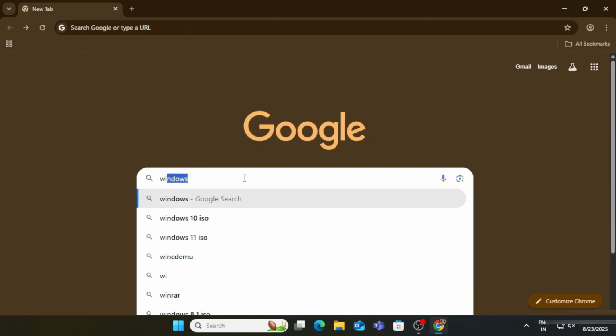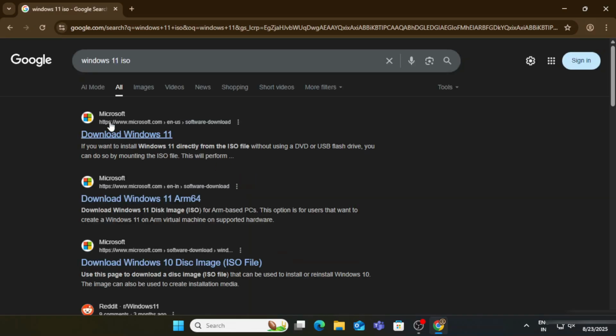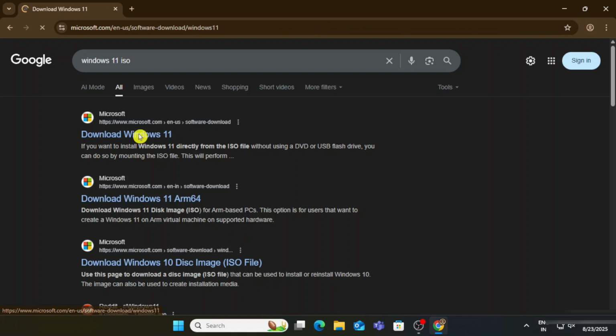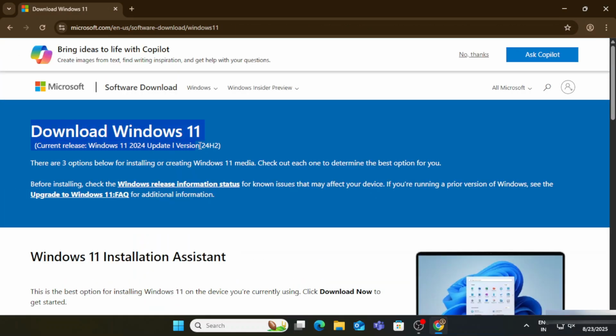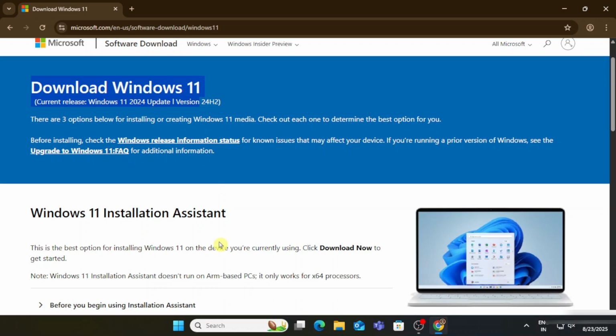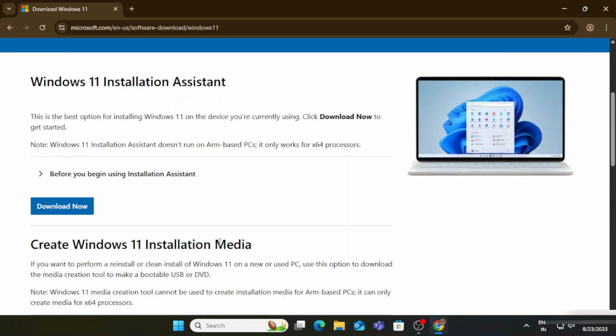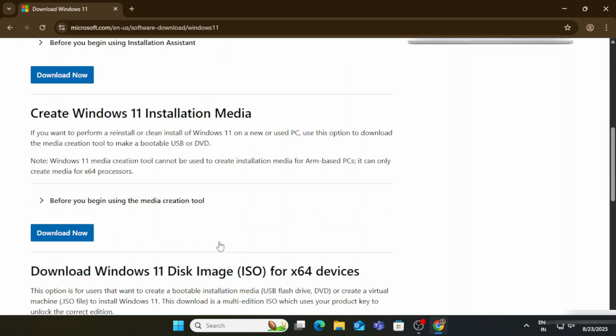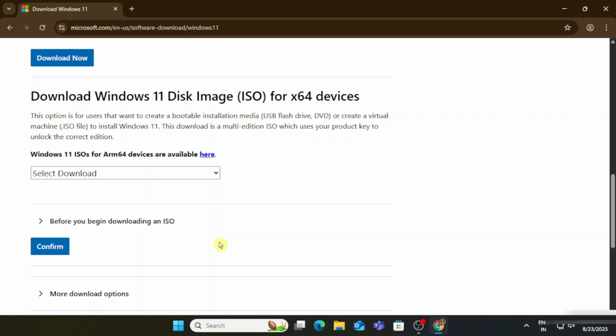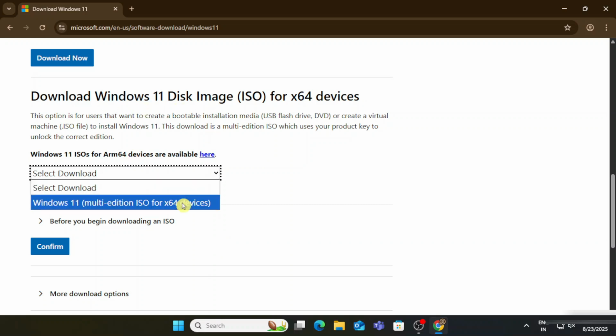So guys, you can open any of your favorite browsers and simply search for Windows 11 ISO. And here, guys, you can see the official website of Microsoft. You need to simply click on this Download Windows 11. It will redirect you to this website, Download Windows 11. You can just scroll down. Here we have so many options. You need to scroll down and go to this option, Download Windows 11 Disk Image, that